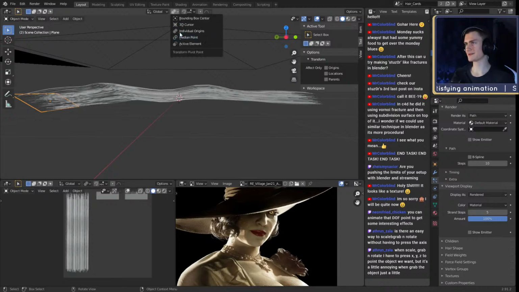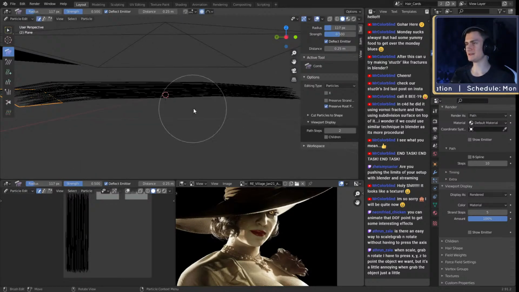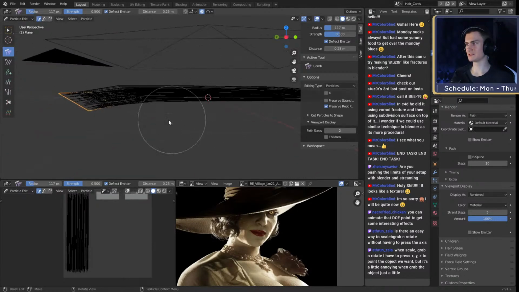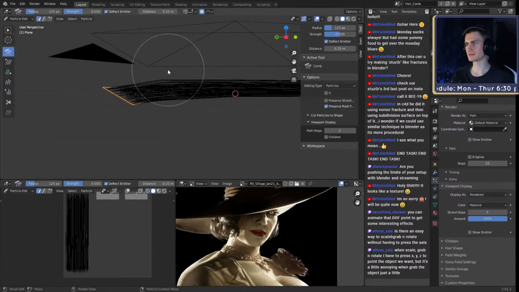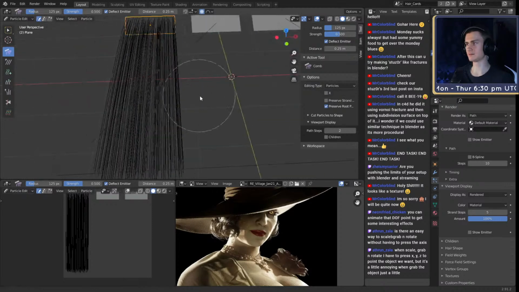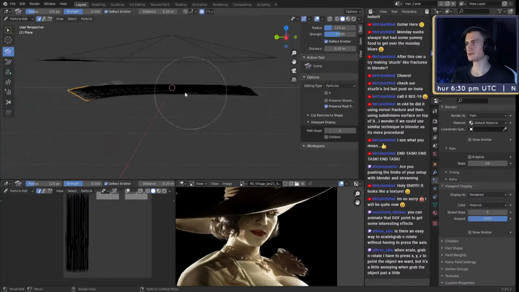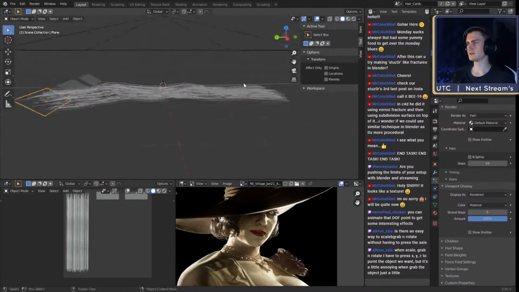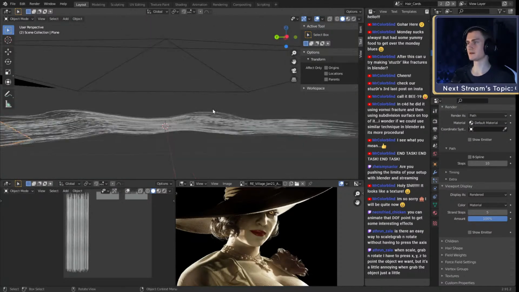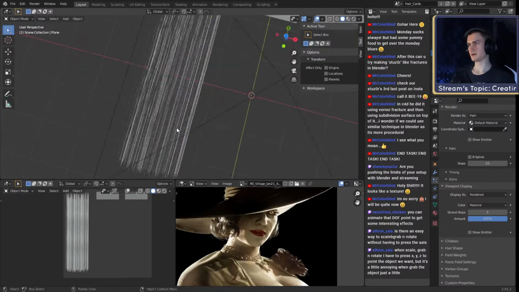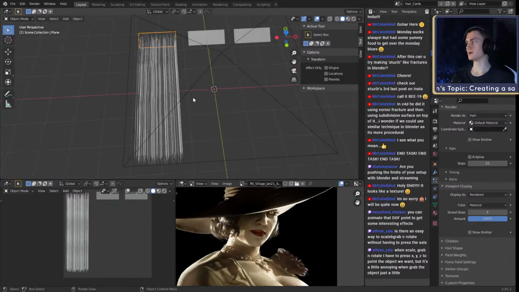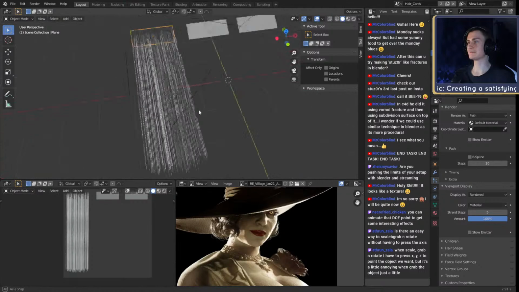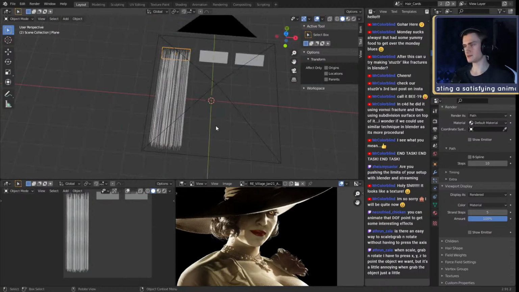Except I don't like them, so I'll try to fix them. That's probably because the resolution is so low that it interprets this low resolution that way, which leaves us with these weird waves. But yeah, I think it doesn't look too bad, so we'll just leave it like that. Okay, let's go into the options.